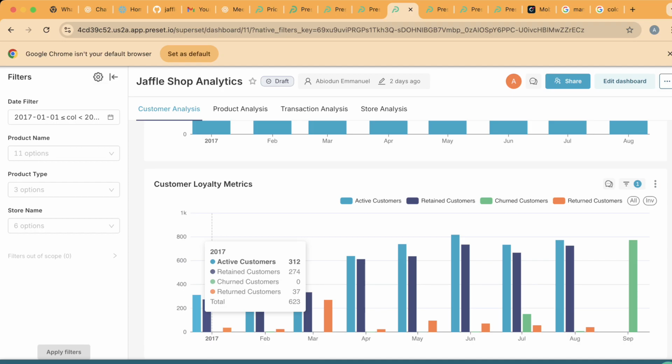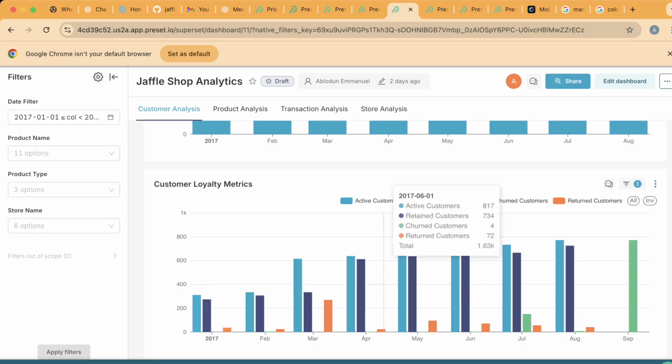Now, I didn't consider new customers here. You can adjust the query in order to cover new customers. I was supposed to even cover new customers, but I forgot totally. So this return customer might consist of both returned and new customers. New customers in the sense that these customers are just transacting for the first time in January 2017. That was their first transaction. So we only have 4 classes here. So let me quickly show you